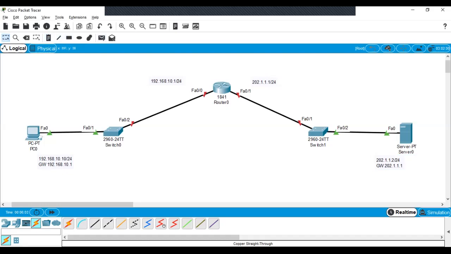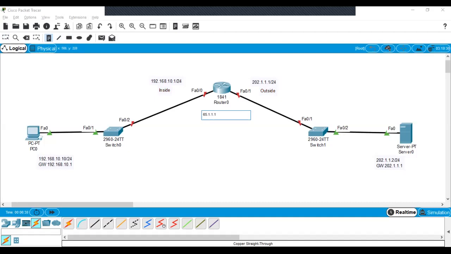Okay, so this is going to be the inside interface, and this will be the outside interface. So whatever packets are being sent from this PC will be hitting this router on the inside interface. And when it is going outside and reaching this particular server, it will be using one of the IP addresses which I will be giving on this